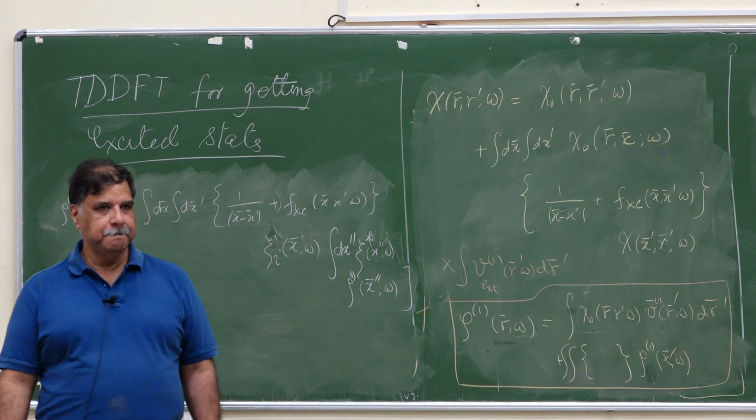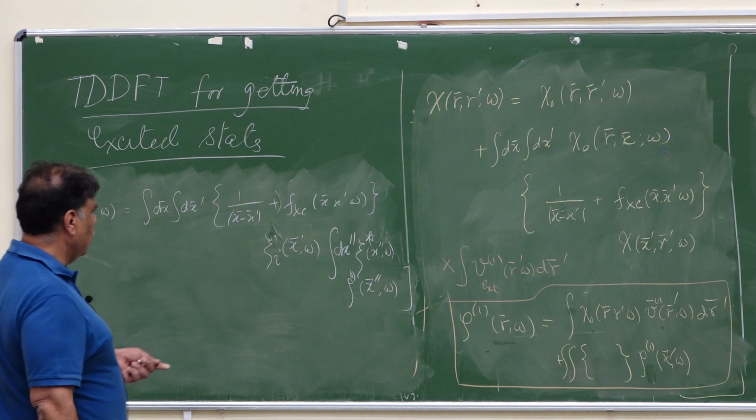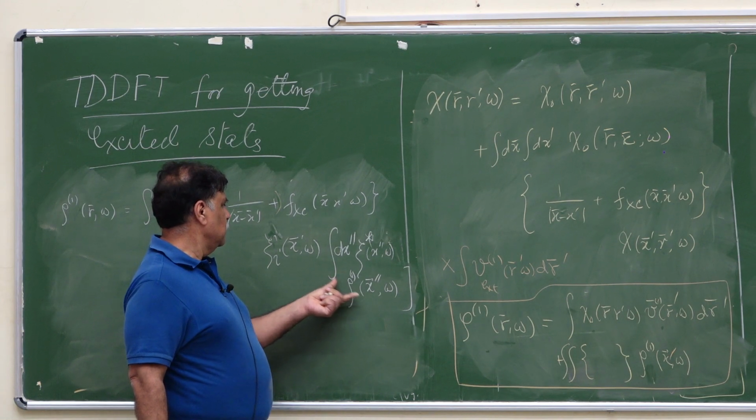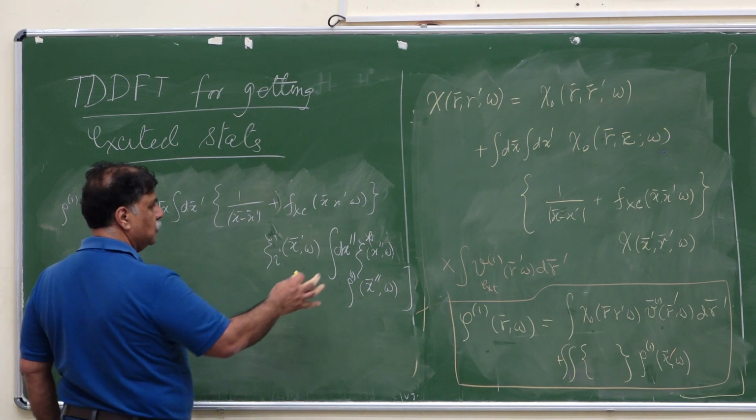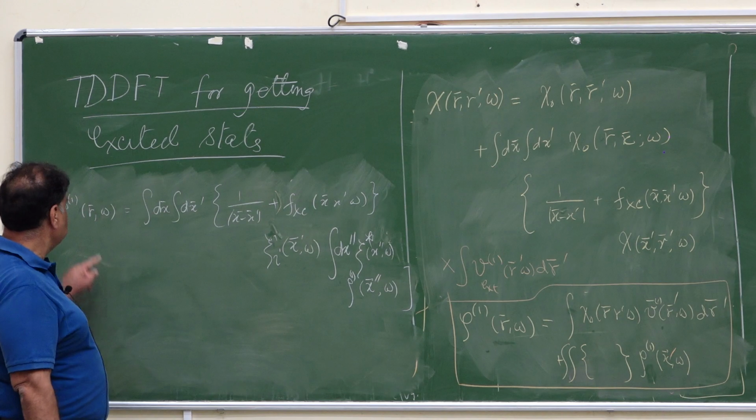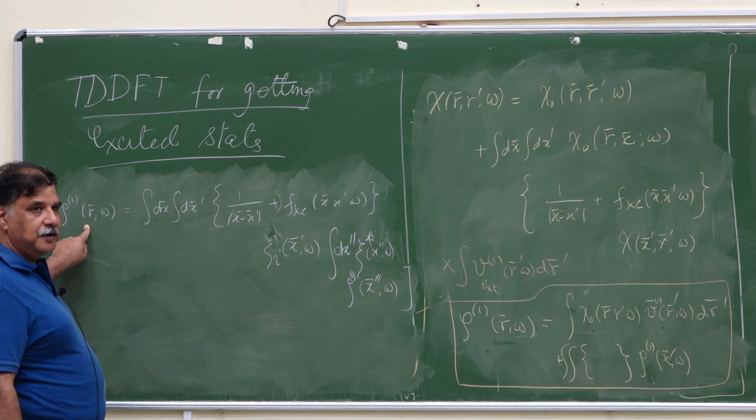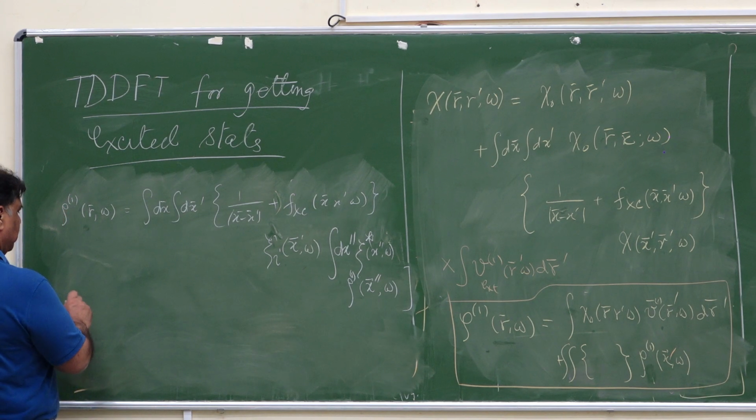Is that okay? Now I have taken this thing out. There is a zeta x prime. Now you see, this goes to infinity, and this goes to infinity, right? So this implies